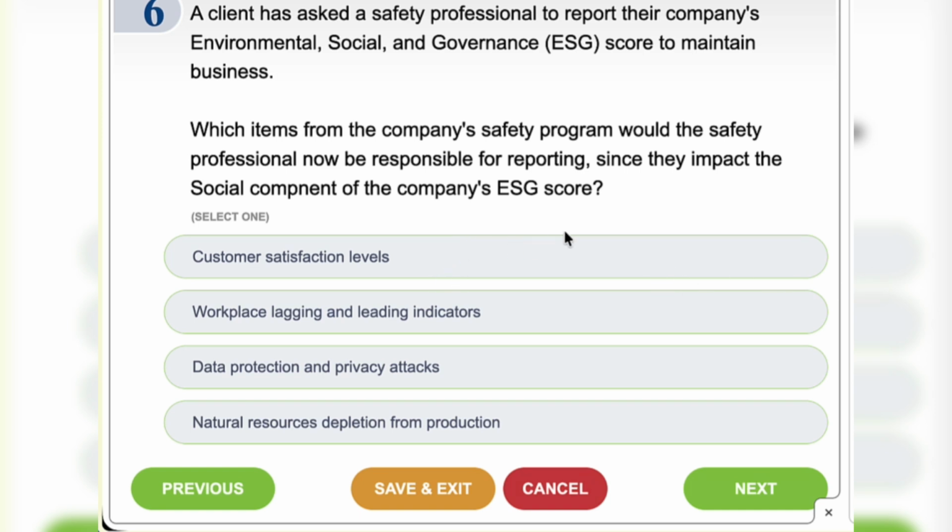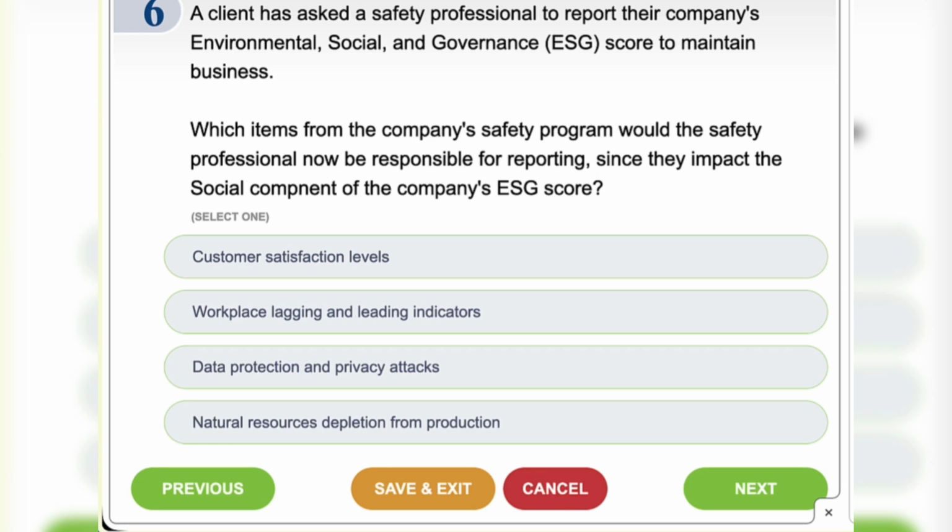The options are customer satisfaction level, workplace lagging and leading indicators, data protection and privacy attack, and natural resource depletion from production. If you see the second option, workplace lagging and leading indicators is the right one because they are directly related to the company's safety performance and culture and are typically reported under the social pillar of the ESG. The other options are not correct.